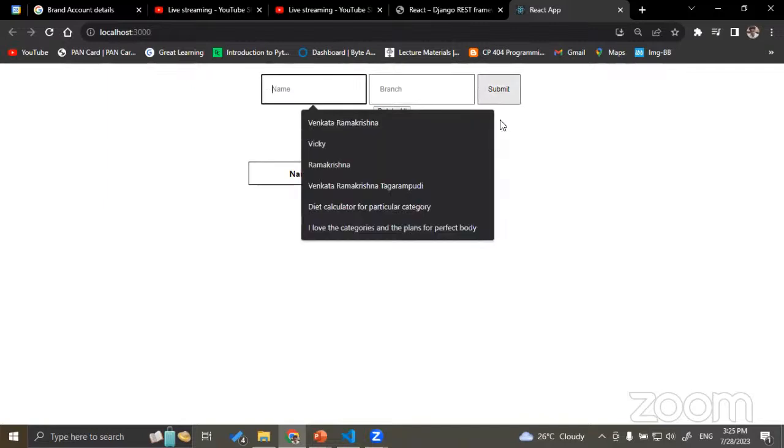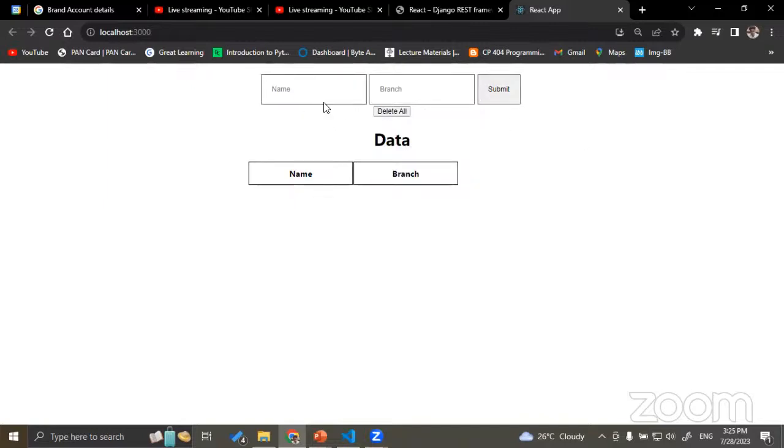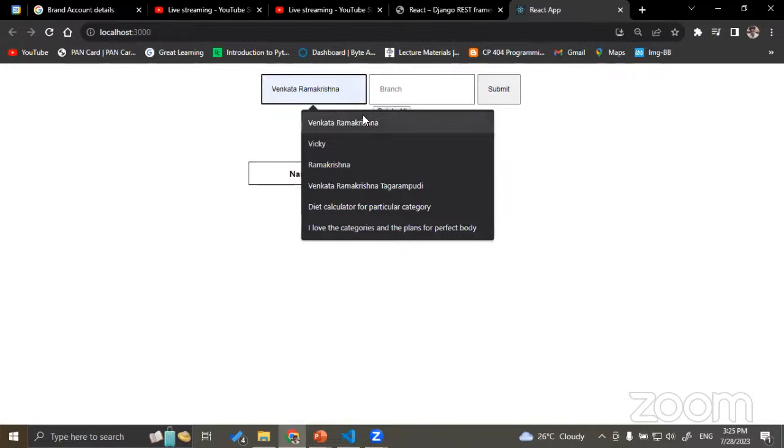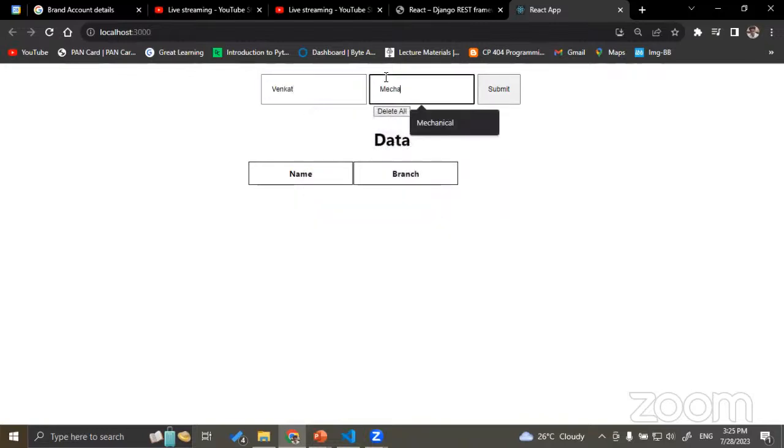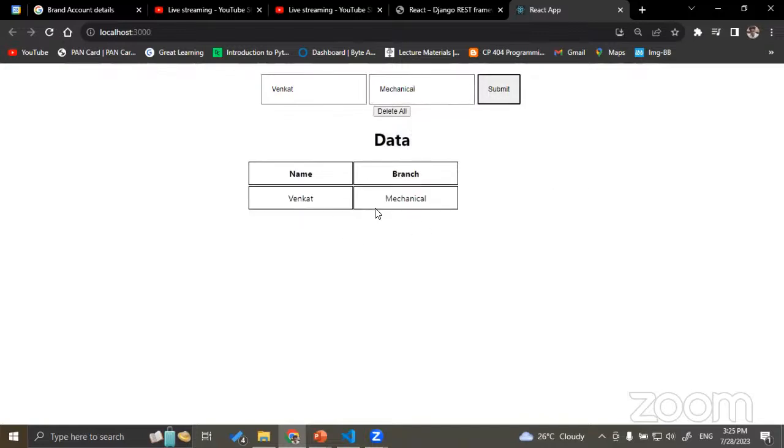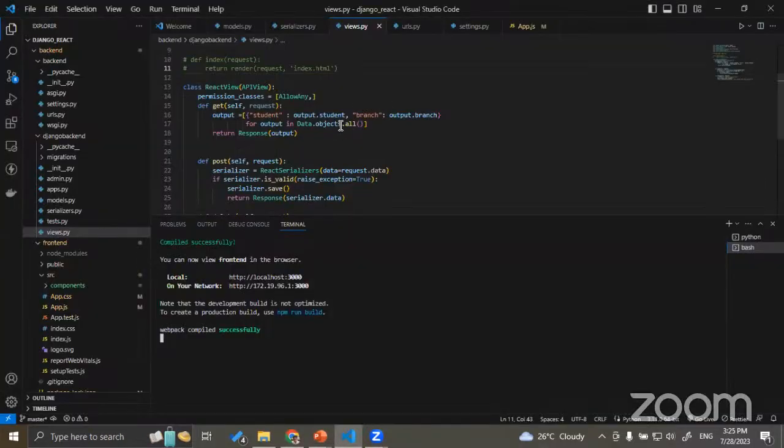Now you can write a name and branch of the student. Let's say the student name is Venkat, and the branch is mechanical, and click on submit. So that data is being displayed. What's happening here? Whatever data is provided by the user is being stored in the database, and then that is being fetched to the React page. How is it happening? It's all because of the